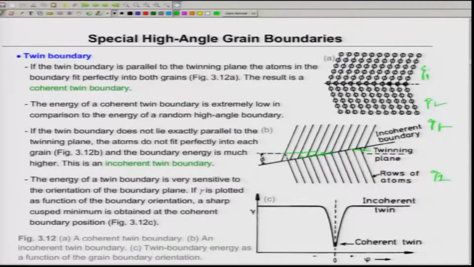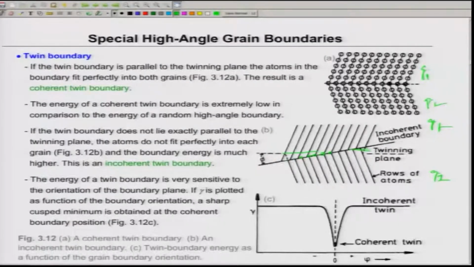are not matching with many of the rows of atoms on grain G2, and this leads to an increase of the interfacial energy, again boundary energy, because these unsatisfied bonds which are there along the boundary will lead to an increase in the energy. So, the energy of a twin boundary is very sensitive to the orientation, that is what you see here. In the first case where there is a coherent twin boundary, the energy will be very low, but the moment I change the twinning plane and the boundary plane, they are distinctly different, then the energy will be higher. So, that means it depends on this value phi, which is the angle between the twinning plane and the